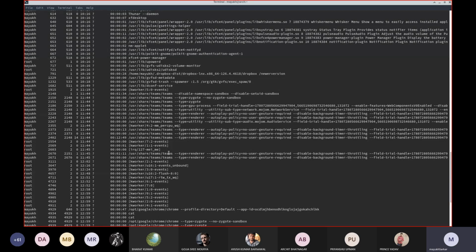But eventually, all of them are doing different jobs by forking different processes. And all the Teams processes, as you can see, got the information from the PCB about who started the process. That's my name as the user. So that's the user process.